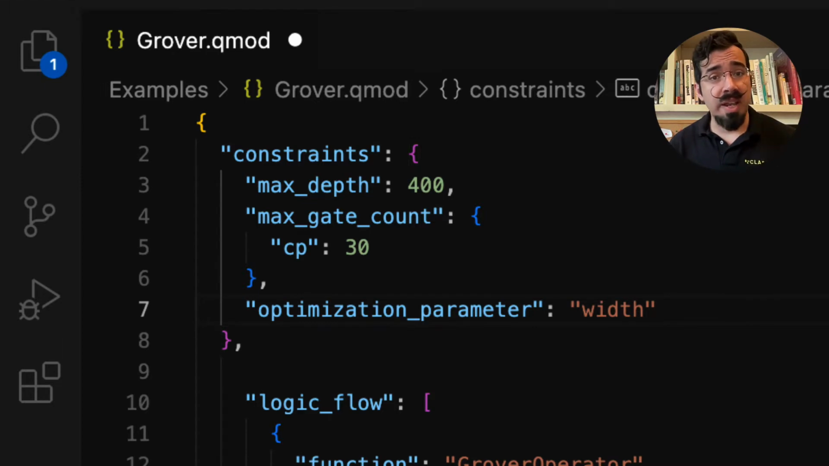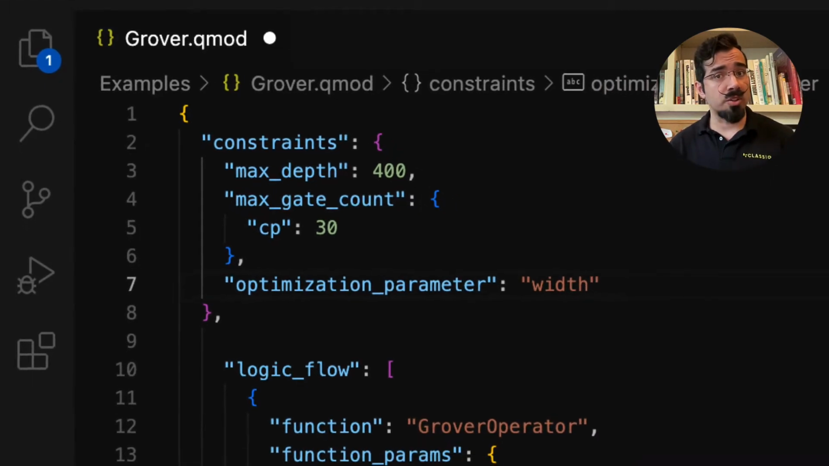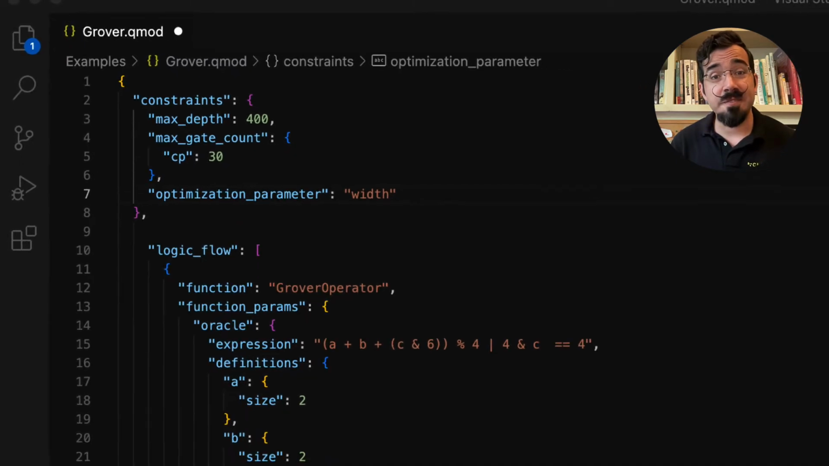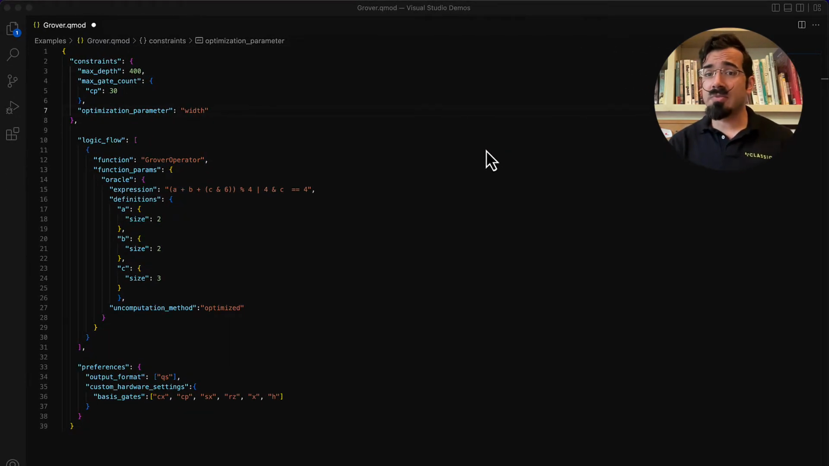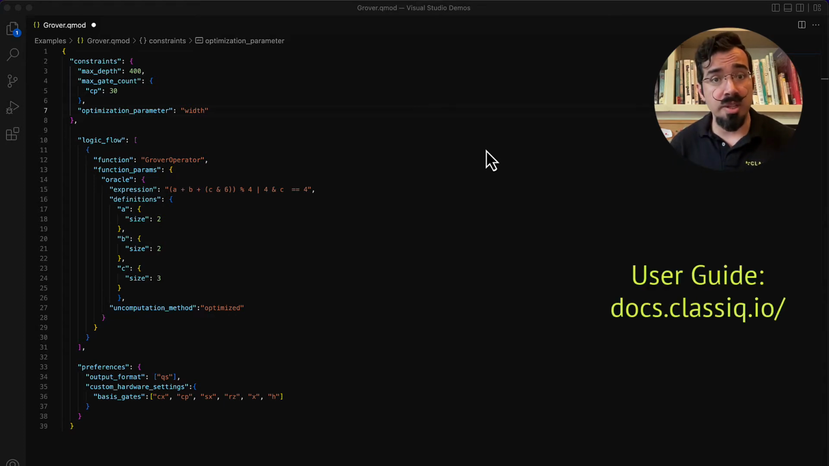Once you're done defining your constraints, it's time to design your quantum algorithm. You do this by calling a set of functions that functionally describe the quantum algorithm you wish to build. While you can define functions yourself within the Classiq platform, for this video we'll be using Classiq's built-in functions. When using built-in functions, make sure to review our online user guide, which will specify that function's unique syntax and